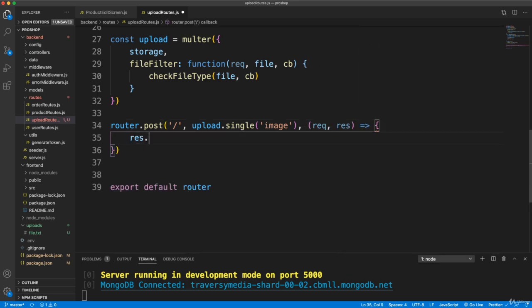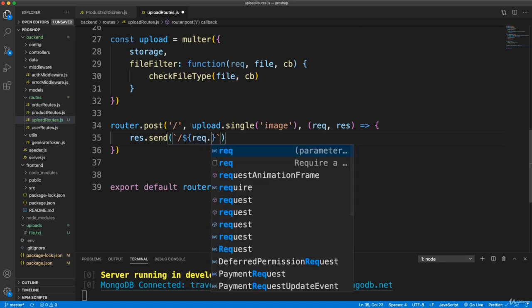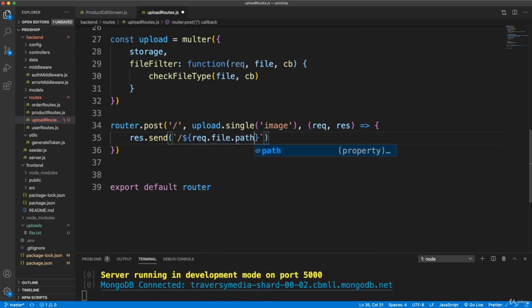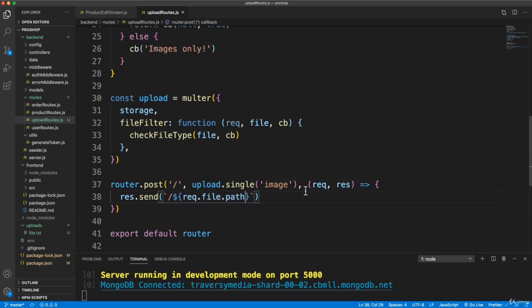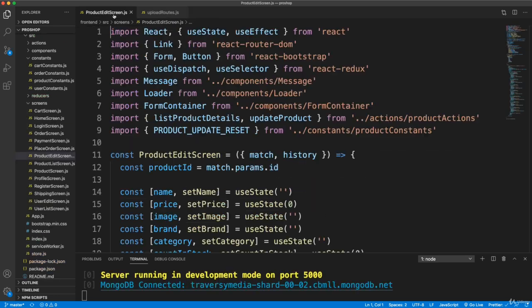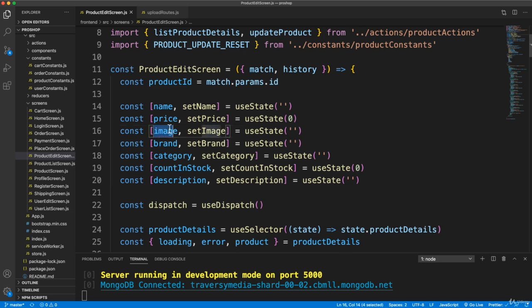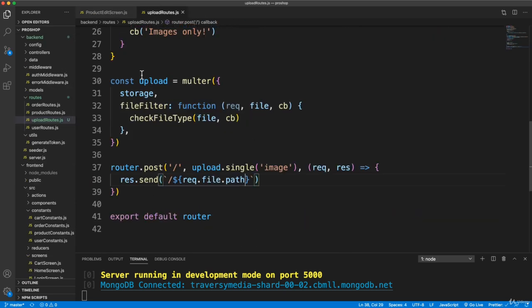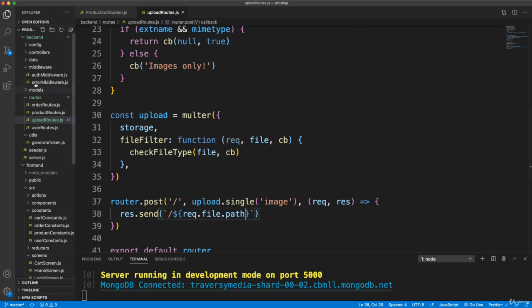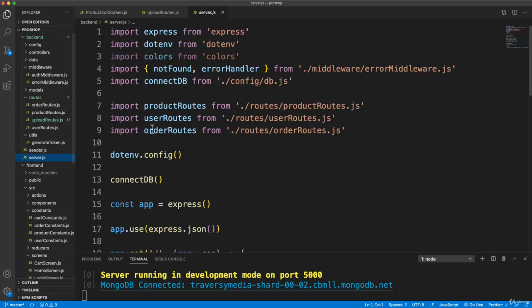And all we're going to send back from this route is the path. So we'll pass in some backticks and just say slash, and then we have access to request.file.path. And that's it. That'll give us the path. And then on the front end, we can set it to this image piece of our state, and it'll go in the database. All right, now we want to go to our server.js now that that's all set, and let's